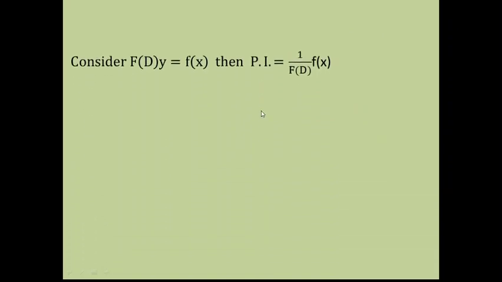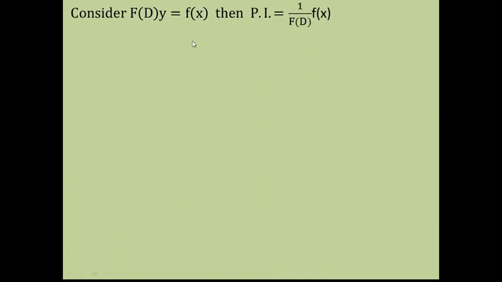So we have seen that if f of x is a special kind of function, that is e raised to power ax or sin ax or cos ax or x raised to m or product of the form e raised to power ax into v or x into v or x raised to m into v, then we have the 6 different cases. But if suppose f of x is any function of x which does not fit under this requirement, then what to do? So for that we have the general method which is applicable if f of x is any function of x.